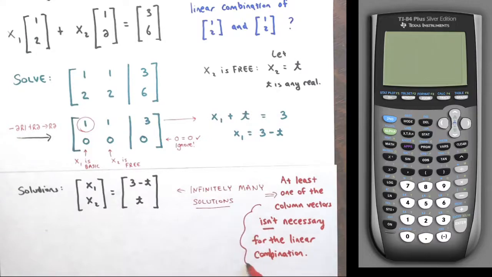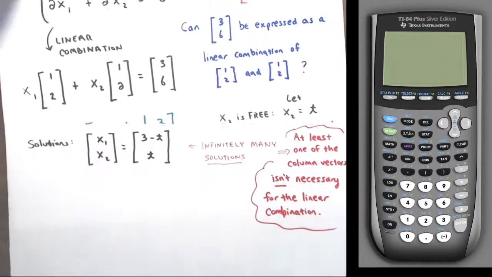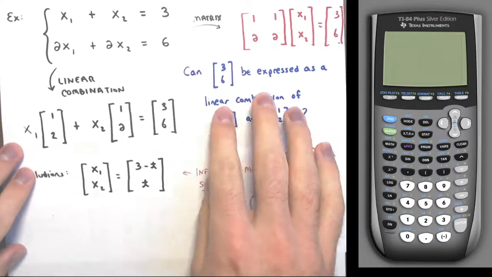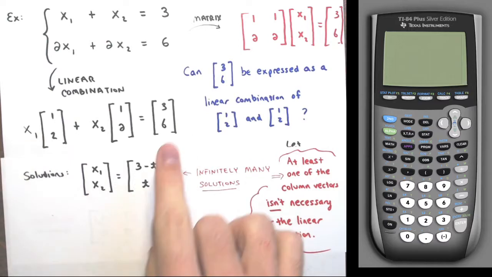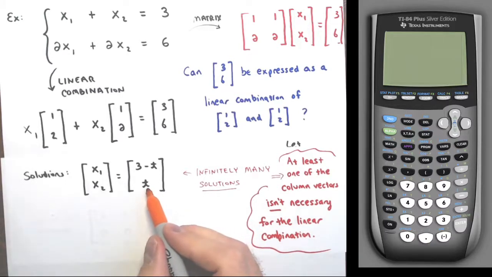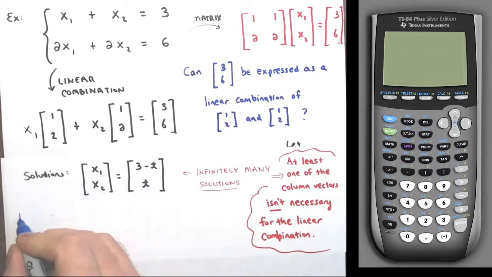And this is a huge thing right here. Again, we'll talk about in another video linear independence versus linear dependence. So going back, right? Look at it. This was the linear combination equation when I wrote the system as a linear combination. I can have t be 0, right? Again, t can be any number I want. So if t were 0,